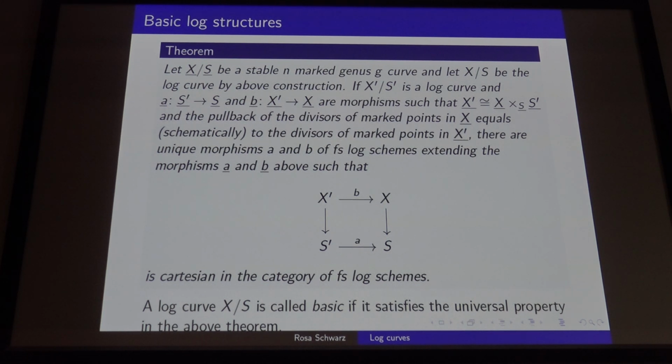And in the middle there is a condition saying that the pullback of the divisor of the marked point in X equals, schematically, the divisors of the marked points in X prime, and that's what I mentioned at the beginning, saying how many of these log structures can you put on such a stable curve, so that the answer you get is what you want, namely the marked points in your theorem 1.3 from Kato are exactly those where an extra N appears, and double points are where the relative characteristic monoids appear. And then